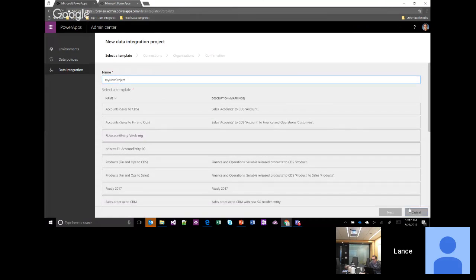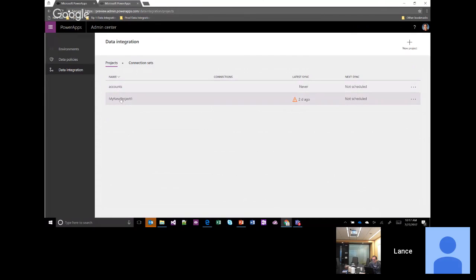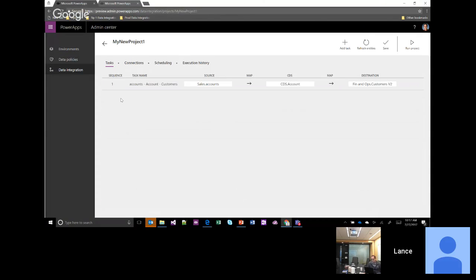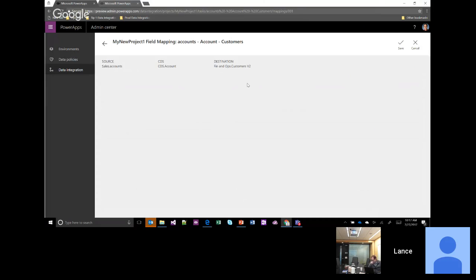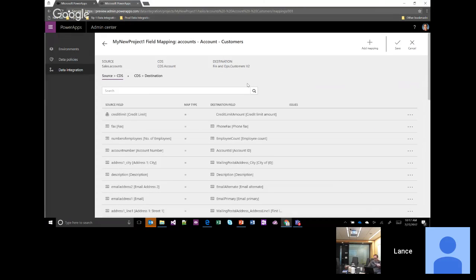So I can go ahead and create these. I'm going to cancel this right now and just kind of show you what this looks like here. This is a project that was created that takes information from sales accounts into CDS account, into finance and ops customers V2. And then I'm going to look now at the mapping between these. And here in the mapping, you can see here we're mapping between the source and the common data service.